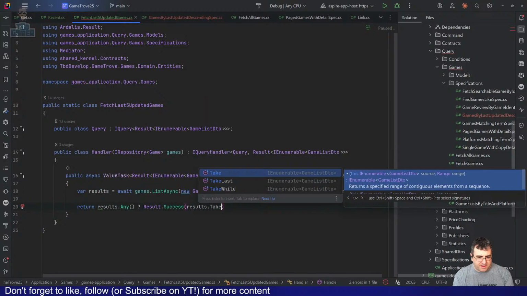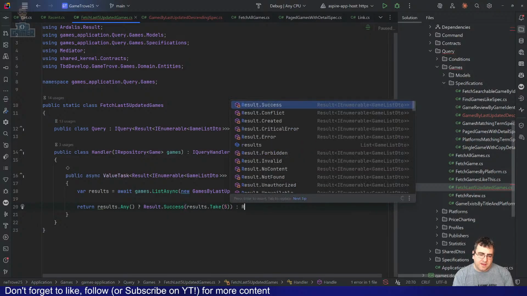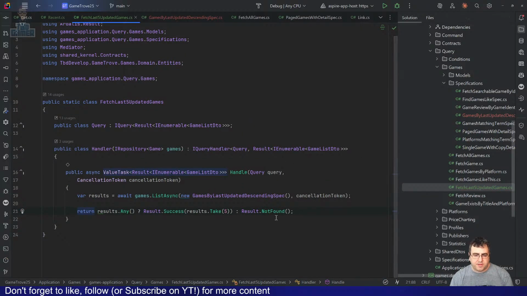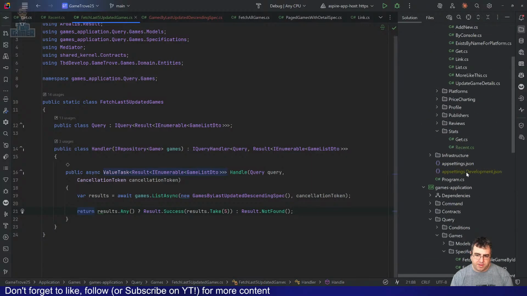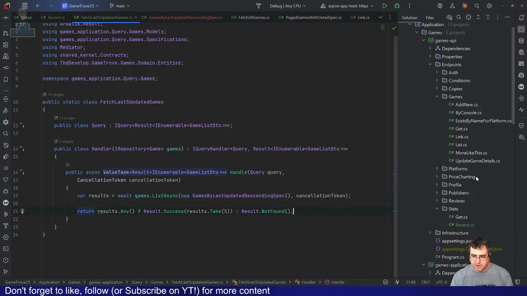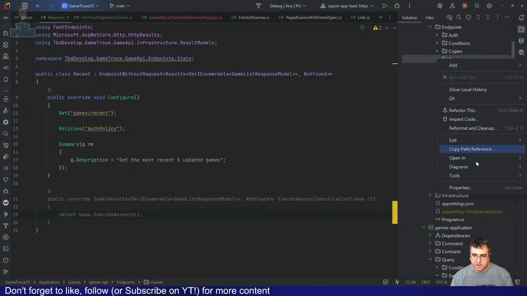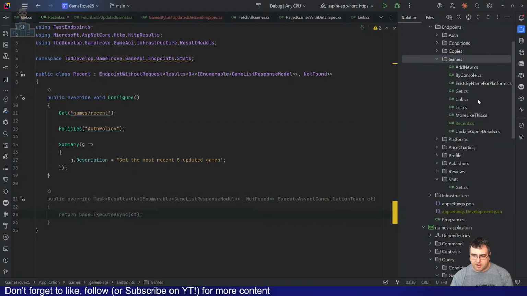Results start take 5. Results start not found. Doesn't matter what I put there, bad, conflict, whatever. It's more to the point of delivering a result of some type that I can be consistent around to say, hey, this didn't return what you thought it should have done. Right, that's the point. Stats recent can go to games recent. That's fine. Refactor this, adjust namespaces.